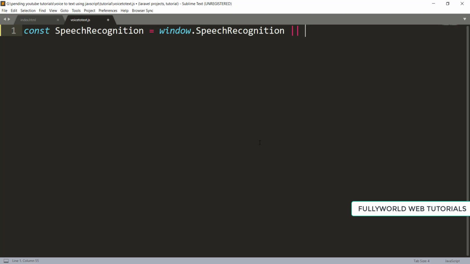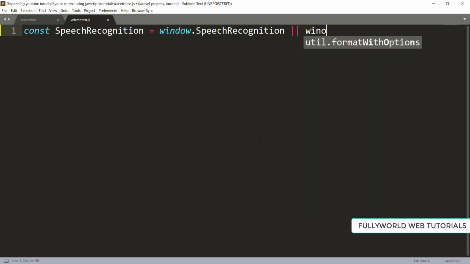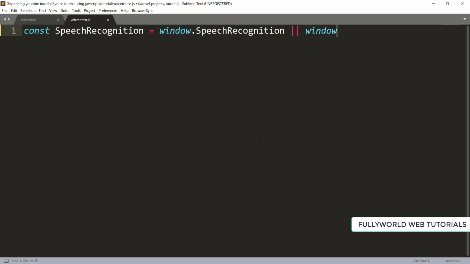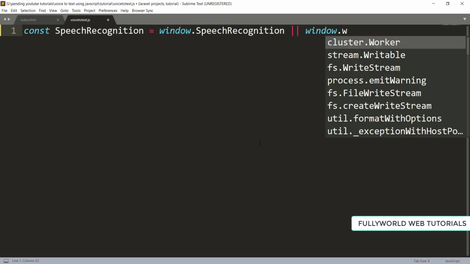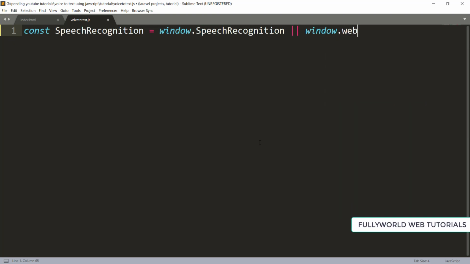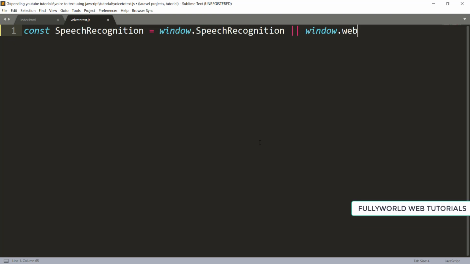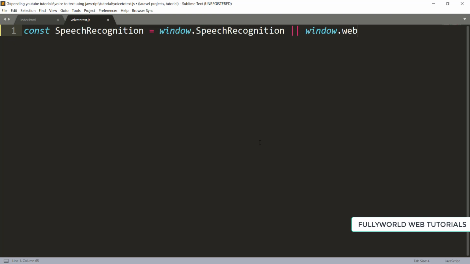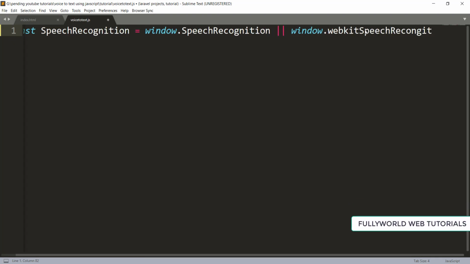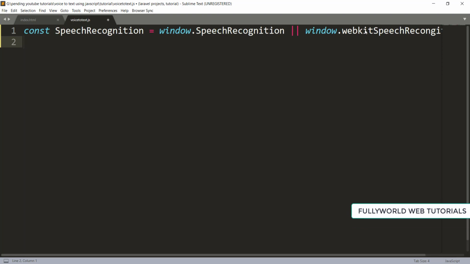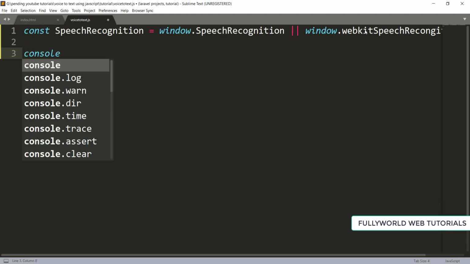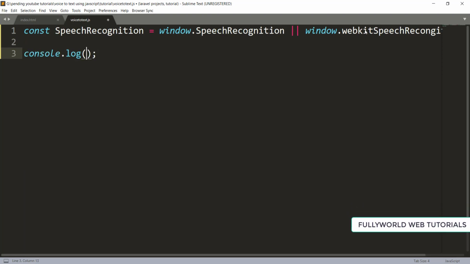Or there will be window.webkitSpeechRecognition, so if this does not work, we will also use WebKit here, because WebKit is mostly used for Opera browsers, Chrome browsers, etc. So if speech recognition does not work, then WebKit speech recognition will definitely work. Let me console it first. So I'm going to console.log our speech recognition.